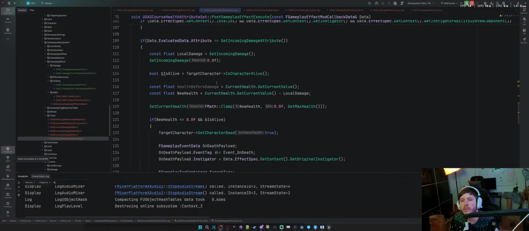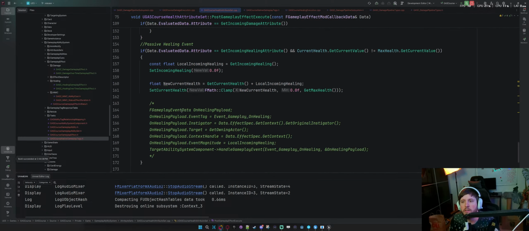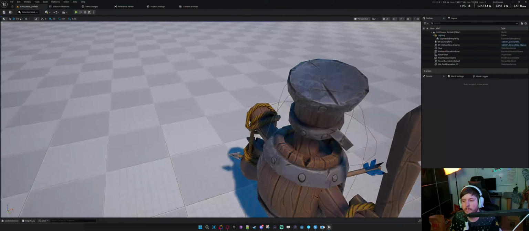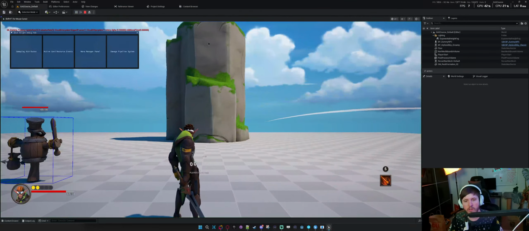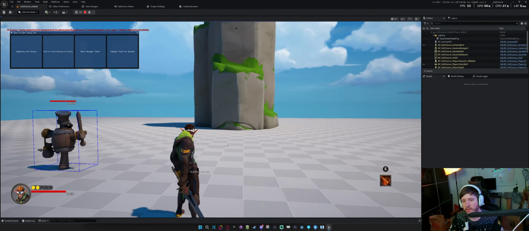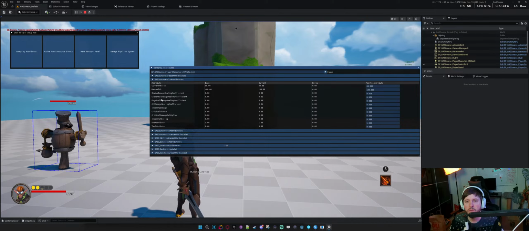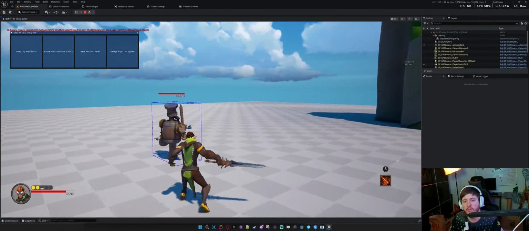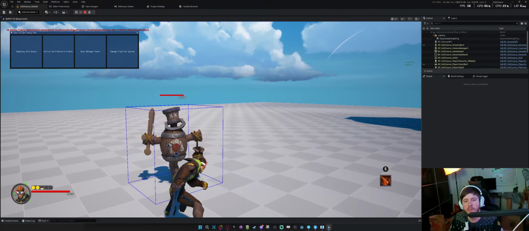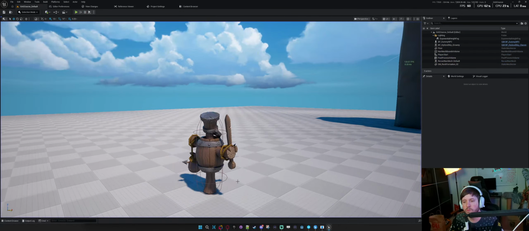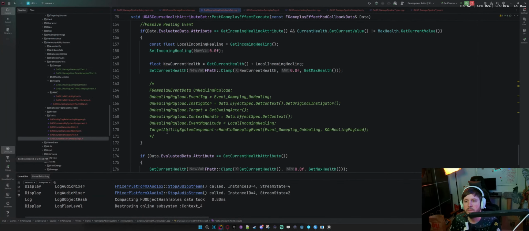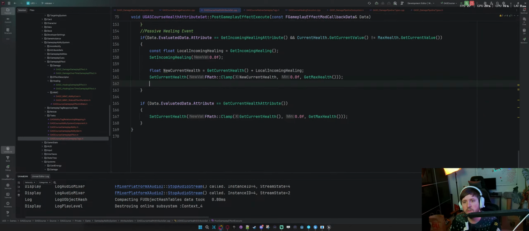So the other thing I needed to check was to see if I was getting my healing events still. So gameplay attributes. We want to do all damage healing coefficient. We'll just set it to 1. So we get healed 100% of our damage, and we do. Awesome. So it looks like that is redundant. So let's nuke that out.